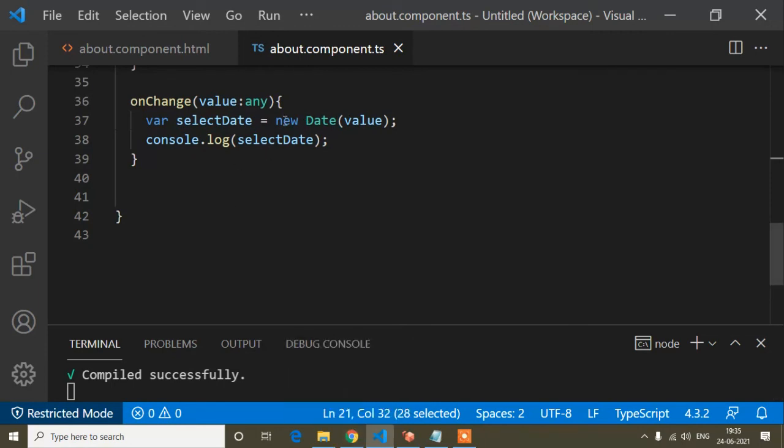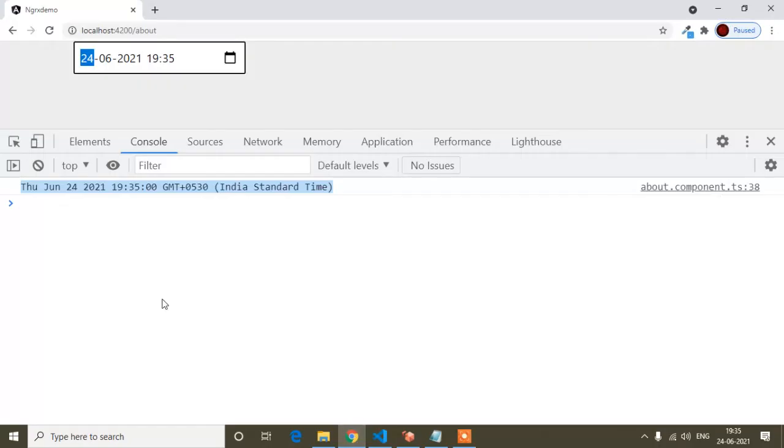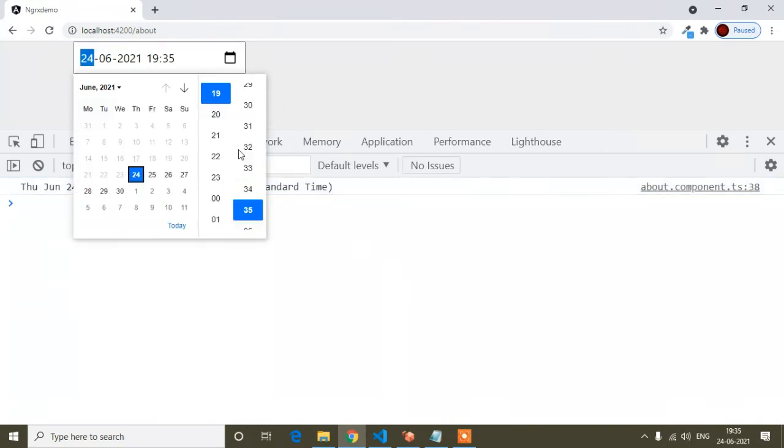When I pass what the user chooses inside the parentheses of new Date, that date is returned in its default format like this. You can see it's showing Thursday, June 24. So this is today's date. Now when the user selects the previous date.